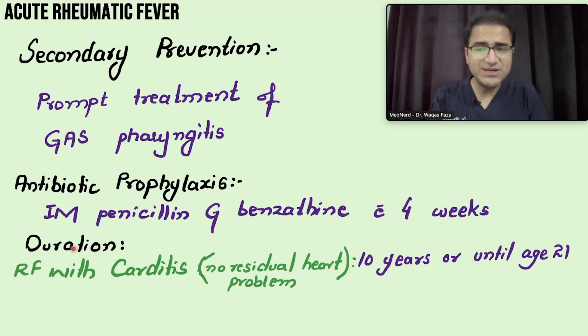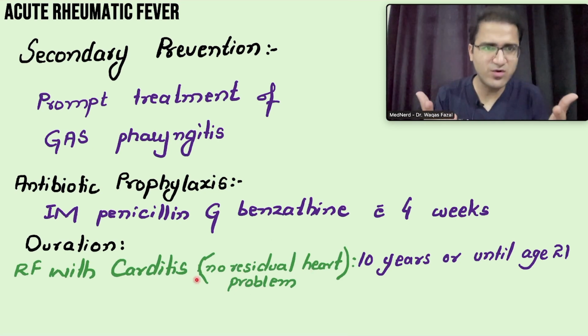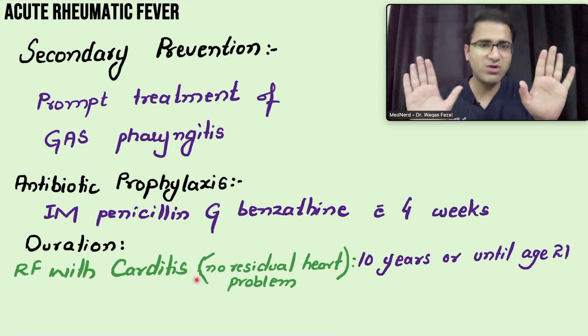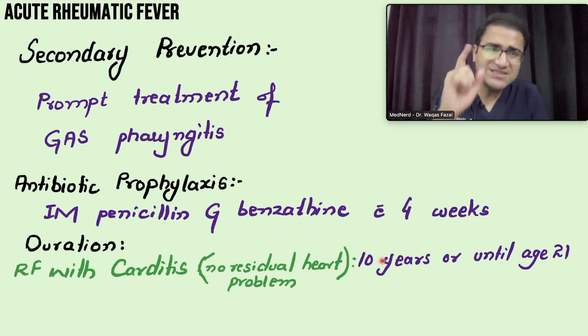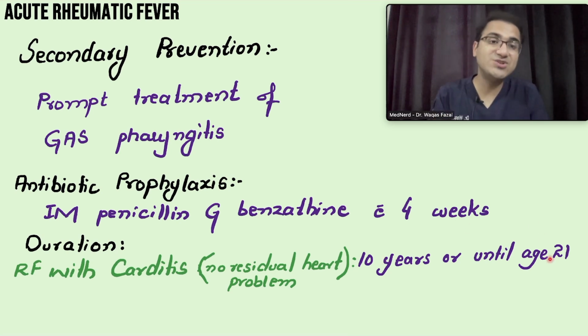Now, if the patient had rheumatic fever with carditis, with involvement of the heart, but now the patient has recovered completely and there is no residual heart disease, then if it is an adult, you can give it for 10 years. Every month that patient will go and get an IM benzathine penicillin for the next 10 years. If it is a child, then until the age of 21, you will have to give